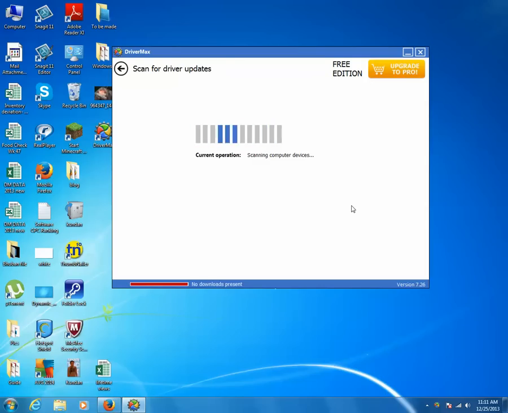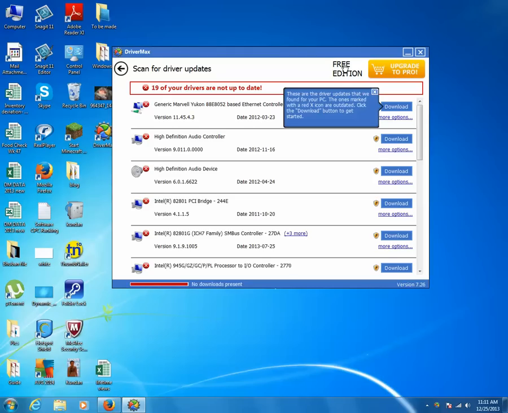This Driver Max comes in two editions. One is a free edition and the other one is a paid version. Now what is the difference between the free edition and the paid version? If you are using the free edition, then you can download 2 drivers per day, whereas if you are using the paid version, you can download as many drivers as you want.